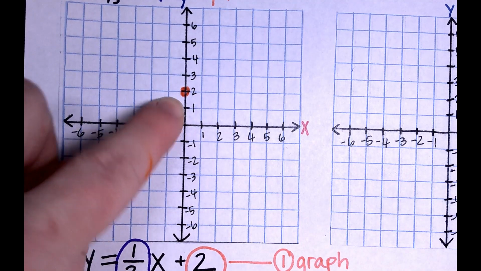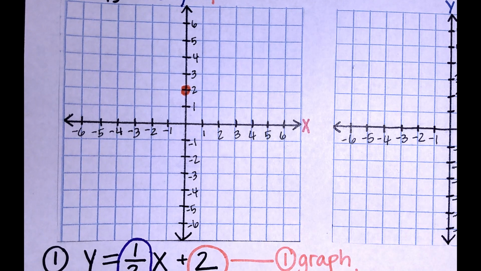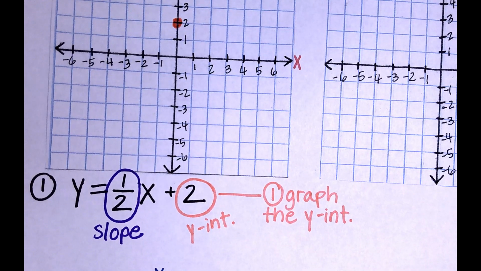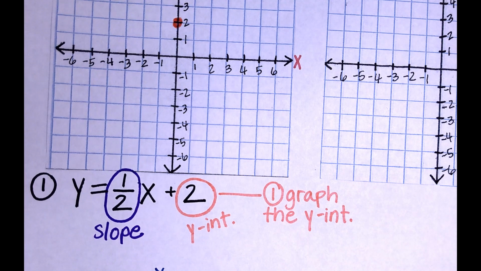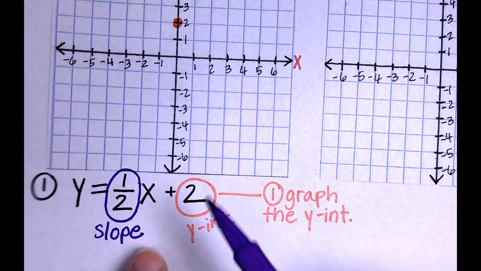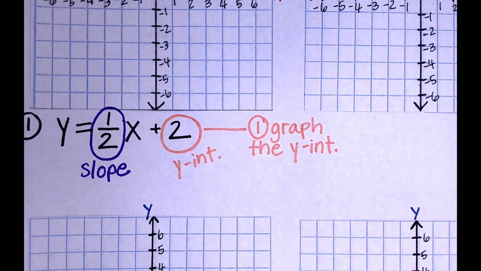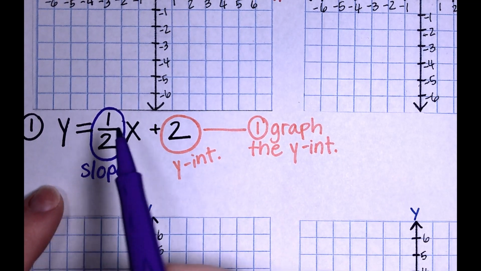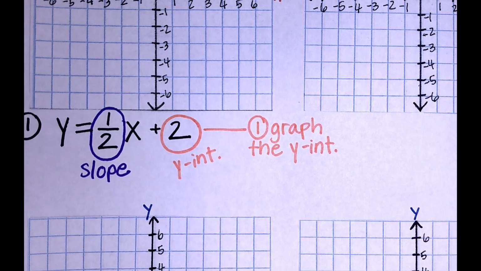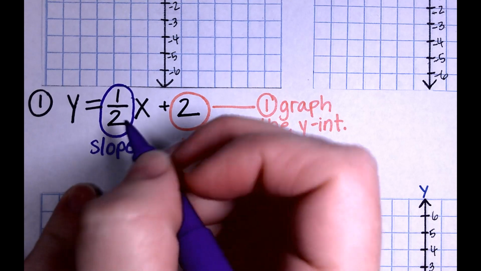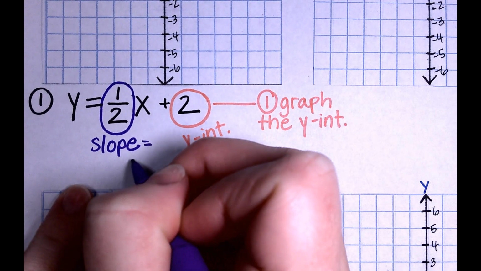So we've got 2 as our y-intercept. Now we have a slope of 1/2. Does anybody know how to use slope to find another point? You go up 1 and over 2. You do. So slope is defined as, it tells us how steep it is. So these numbers are going to give us a direction. They're going to tell us how far up do I need to go, how far over do I need to go. So slope can also be written as, we're going to write rise